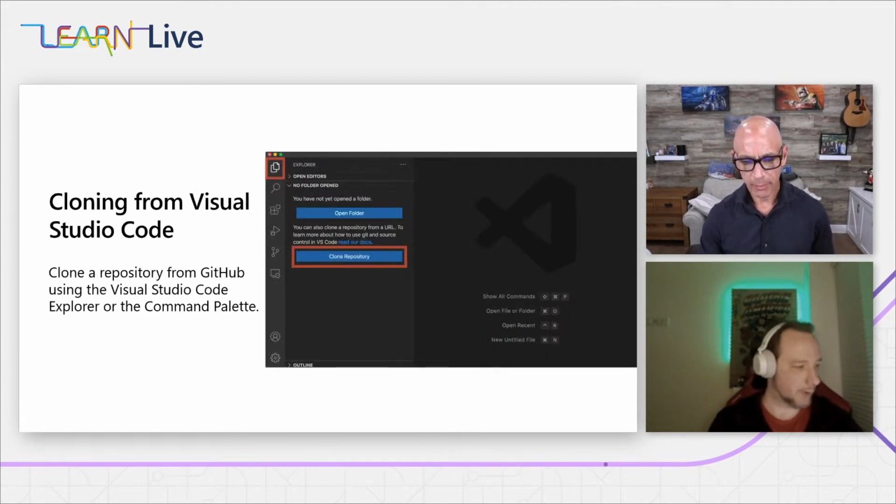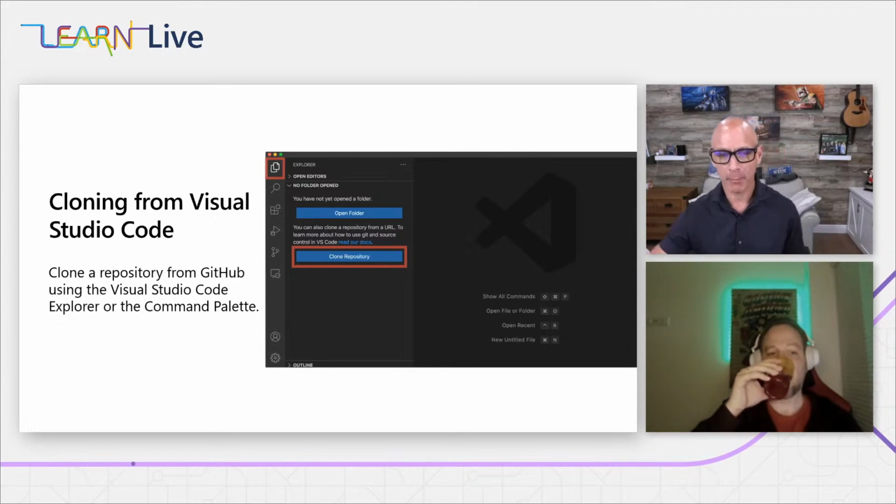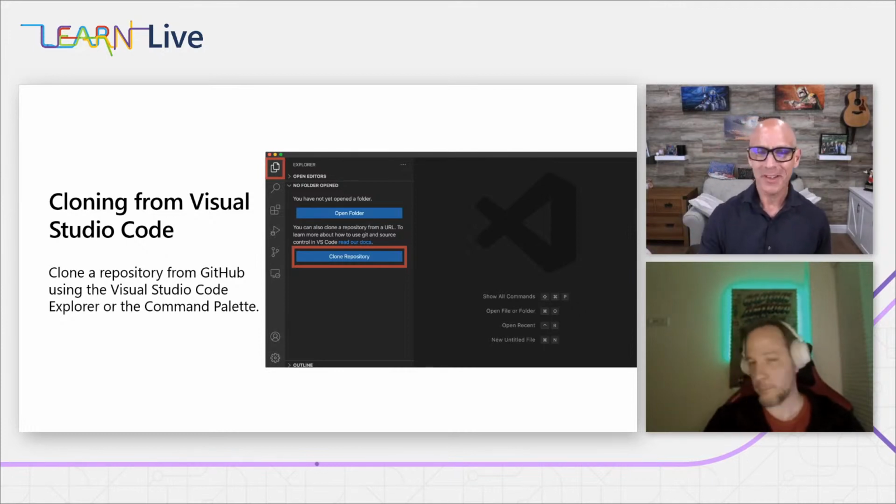Yeah, totally possible. The screenshot here will look like what I showed a few moments ago in the demo, but it's a little bit different. We still have two blue buttons, but this time the key blue button is that we can clone a repository. When you open up VS Code by itself, one of the options in the Explorer is, hey, what do you want to do? It's trying to help you with that blank screen syndrome I mentioned. You can click on the Clone Repository button, and it will automatically ask you which repository you would like to clone. And it can help you find it.